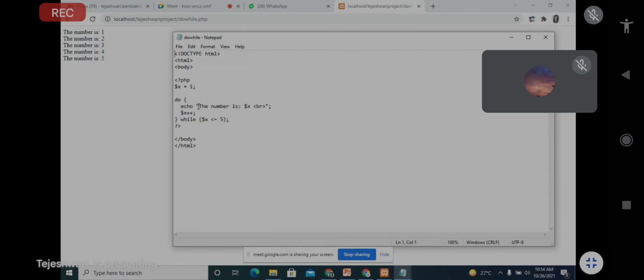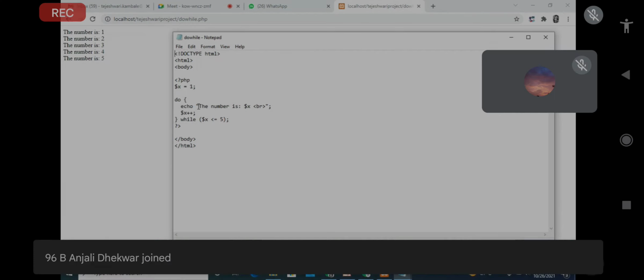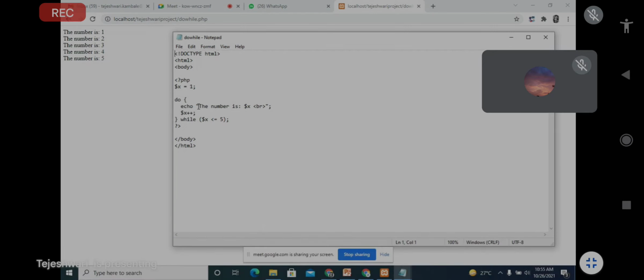Now we declare the loop, which is the do while loop. So do, open brace, echo the number is. By default the first number will be printed, because we are not going to x plus plus yet.